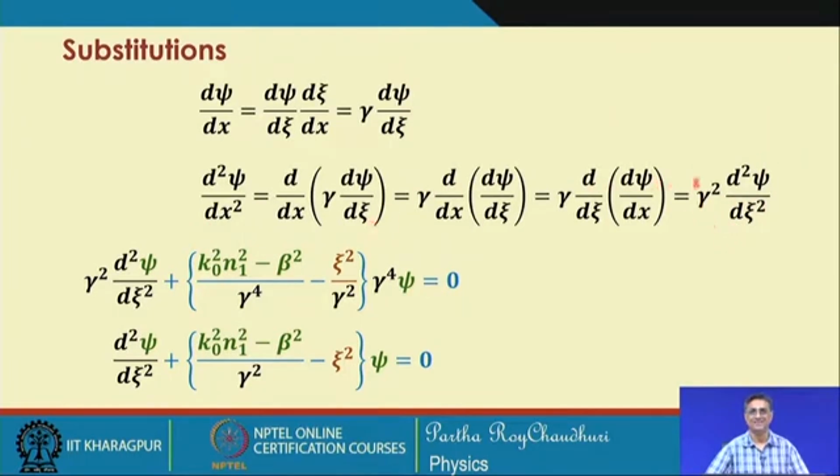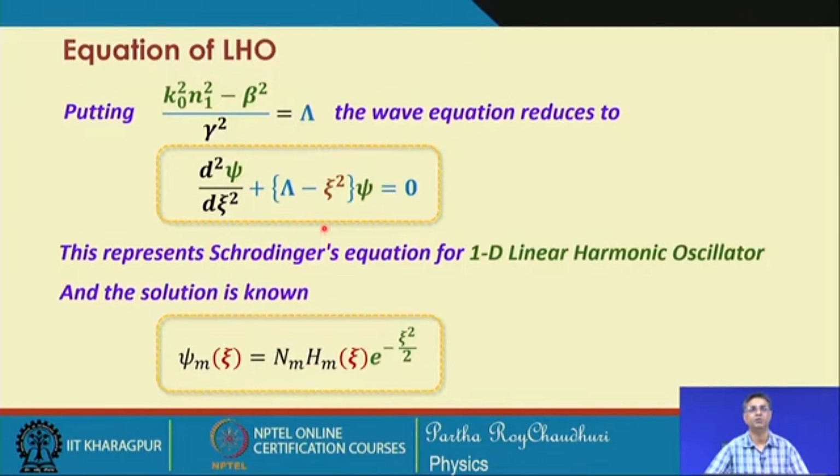So, using this definition for the new variable for x as xi, we can write this equation: gamma square del 2 psi by del xi square plus this quantity minus xi square by gamma square gamma to the power of 4. Now, you can remove gamma square all throughout, then you get this equation, and this equation will remind you of some known form. Now, if you put n_1 square minus beta square by gamma square